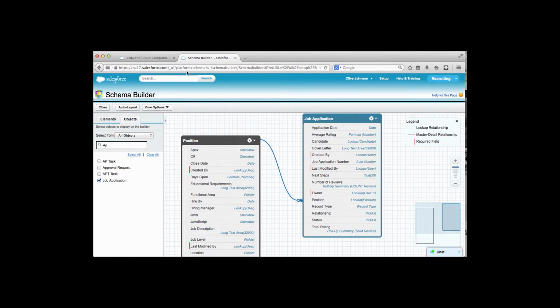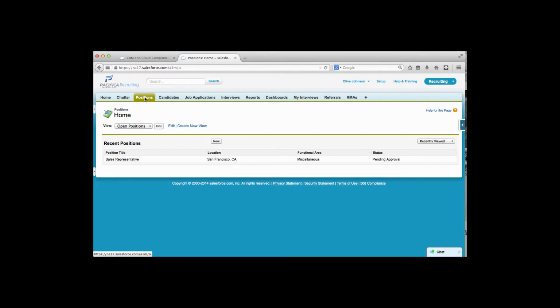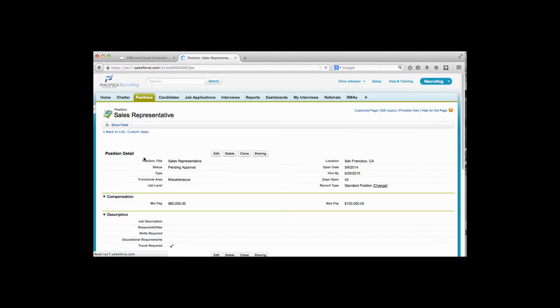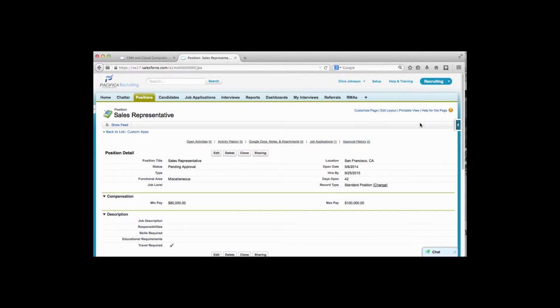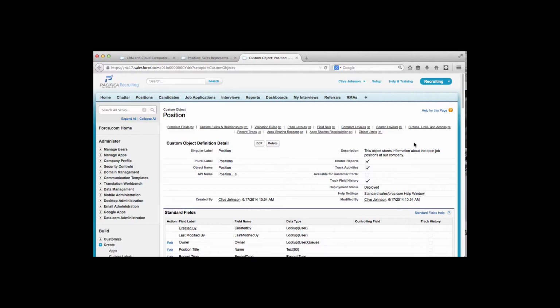So I just move back out of my schema builder and back to my positions area. If I click in my sales representative, this is the record we saw before, and we've got a great capability here called the Force.com menu. As an administrator, I can make some changes here directly within context. So without having to click around, the system gives me the ability to make changes using just one or two button clicks. So I want to go into the object, the position object, and